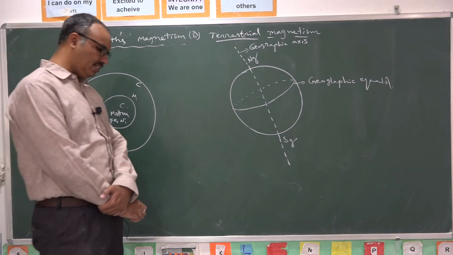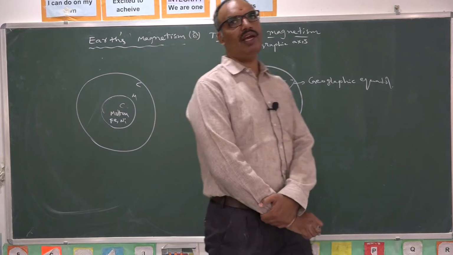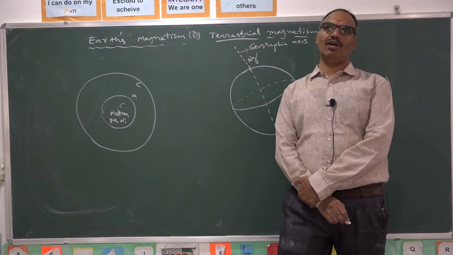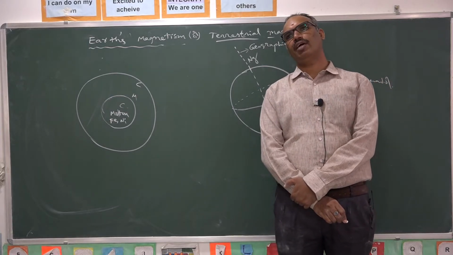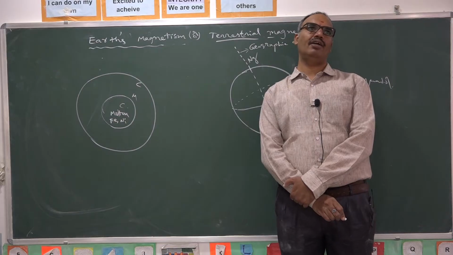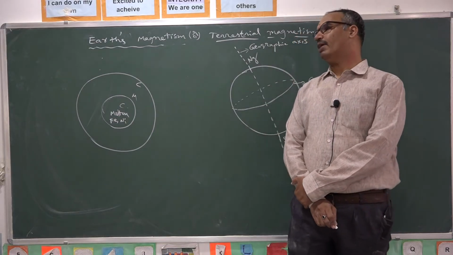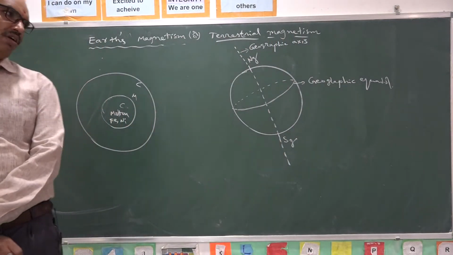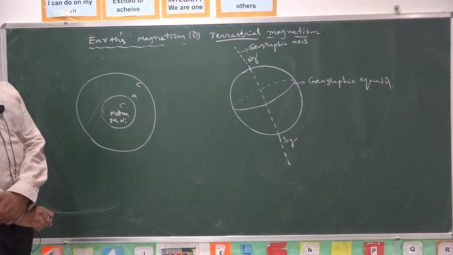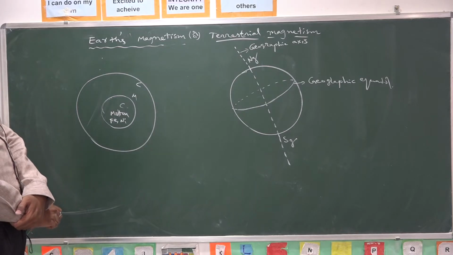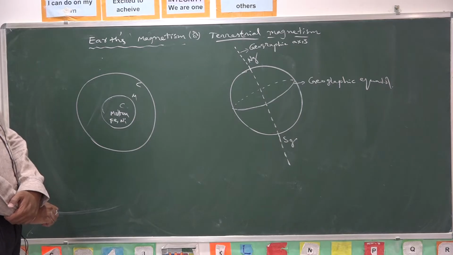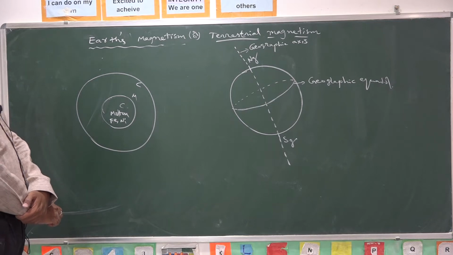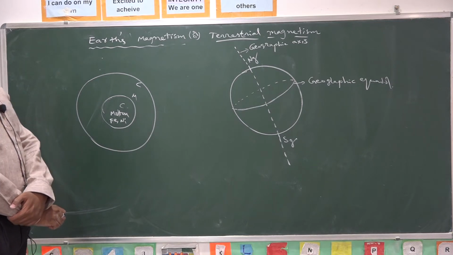Later, the second theory: due to the rotation of Earth, the surrounding ionized region of Earth's atmosphere is also rotating around Earth. So that ionized matter under rotation produces some current and magnetic field, which is the reason for magnetism. The third theory: in the molten inner core of Earth, we have nickel and iron substances. Their rotation, due to the rotation of Earth, leads to the development of some dynamo-like effect, which produces magnetism to the Earth.